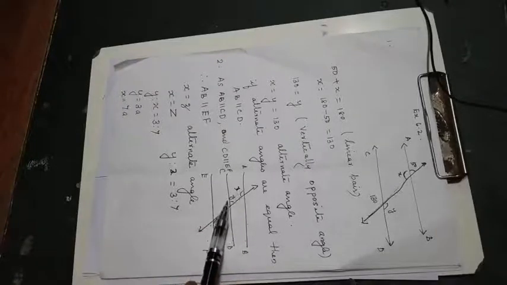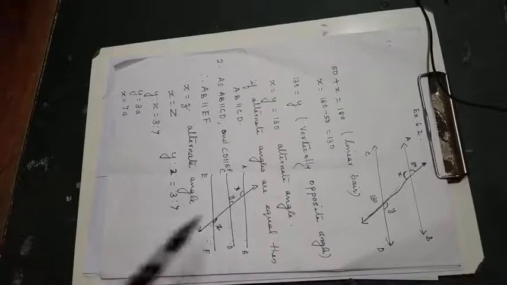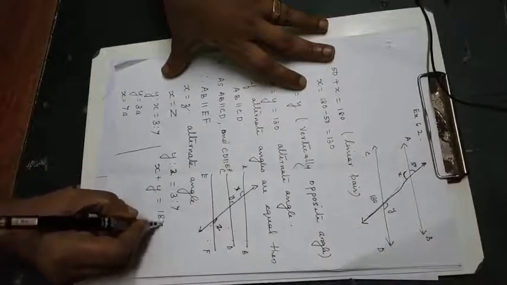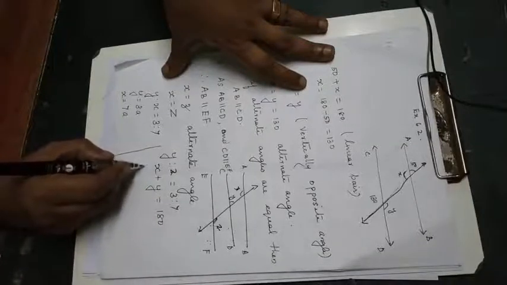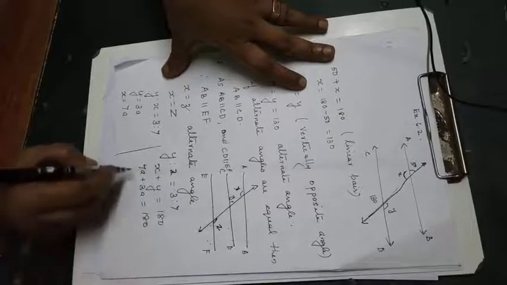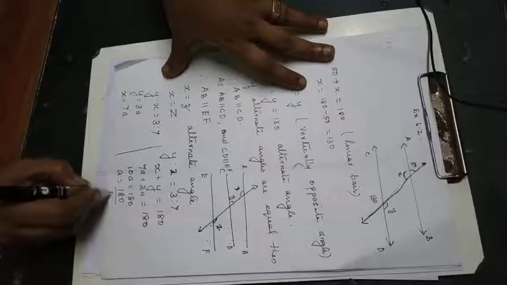But what is the relationship of X and Y? Look at that one. They are interior angles on the same side. And what is their property? Interior angles on the same side add up to 180. So X plus Y will be equal to 180. Our X is 7a plus 3a is equal to 180, or 10a is equal to 180, or a is equal to 180 divided by 10,